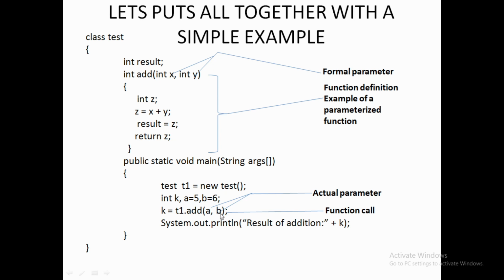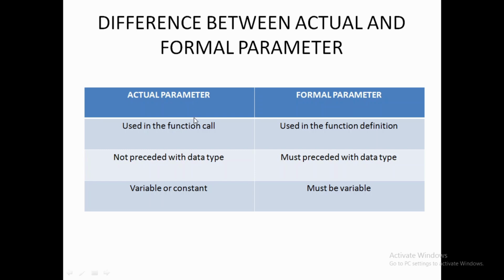You can see in the function call where the actual parameters are used, these actual parameters are not preceded with any data type. You can see from here, but the formal parameters are preceded with data type. So that makes our second point, actual parameter not preceded with data type, but formal parameter preceded with data type. Now about the third point,